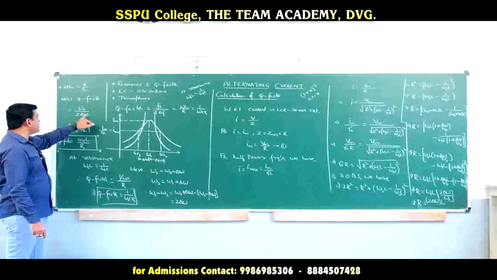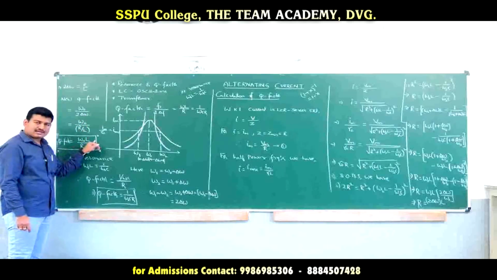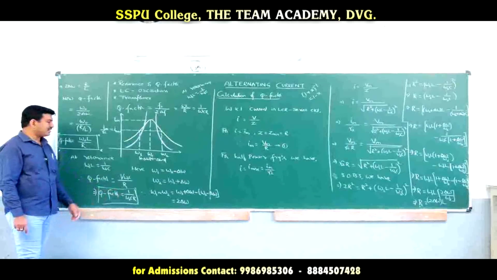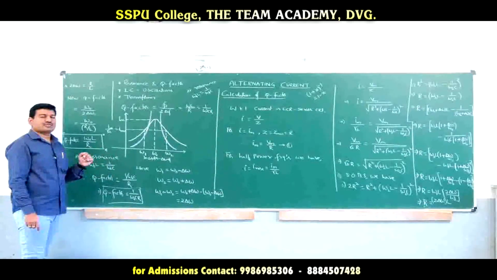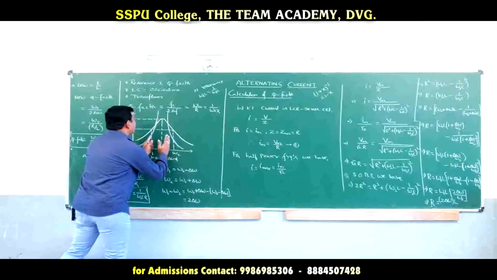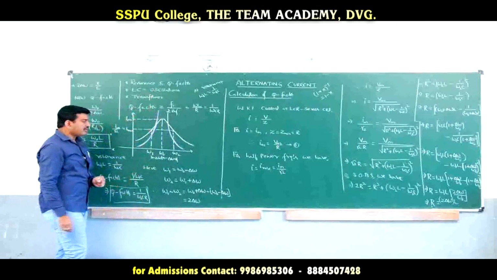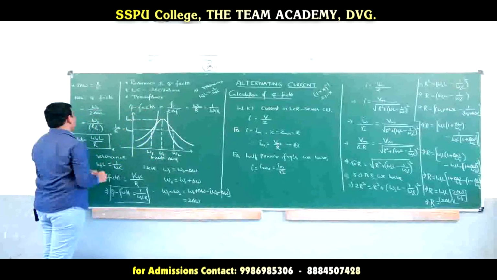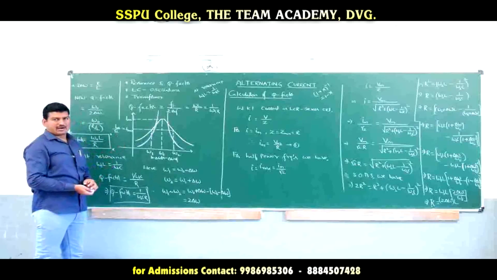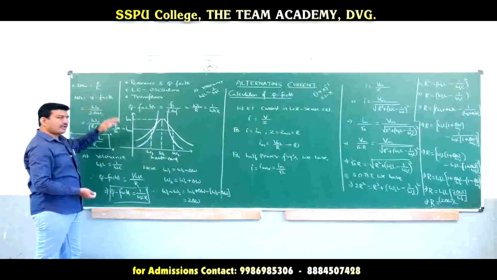Quality factor is defined as the ratio of resonating frequency to the bandwidth. It is defined as the ratio of inductive reactance to the resistance. It is defined as the ratio of capacitive reactance to the resistance. In this way, we can define the quality factor or the sharpness. And from this formula, if delta omega is less, then sharpness will be more. Yes or no? Bandwidth decreases, sharpness increases. Therefore, the less the bandwidth, the more the sharpness. Using this formula, I can say that the quality factor can be increased by decreasing the bandwidth. Understood this point clearly? So, reducing the bandwidth means the quality factor is going to increase.